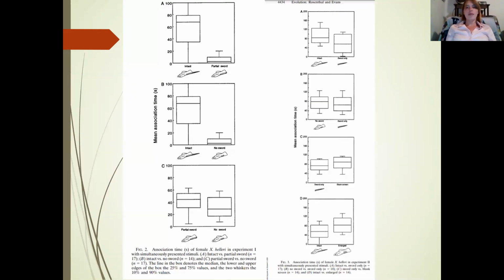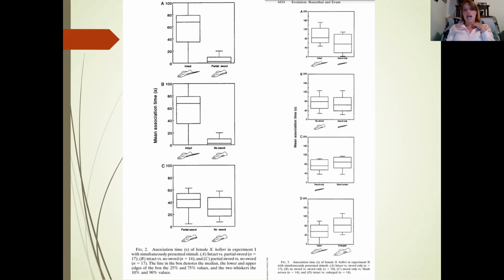So I thought I would start by talking about one of the studies that was introduced in your COG books. And I wanted to share this study in particular, just because I think it illustrates something that is important for us all to remember, is that sometimes you think you found the answer to the question, but if you ask one more question, you go a little bit farther, you find that the answer to the question isn't what it appeared to be. And so in this research, they were looking at female preference for the length of the sword